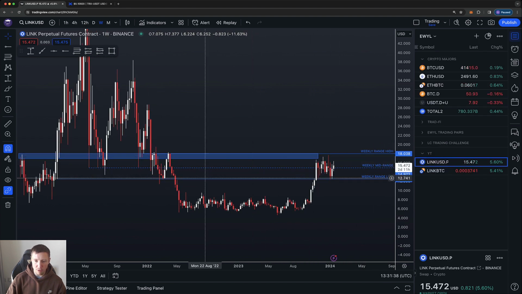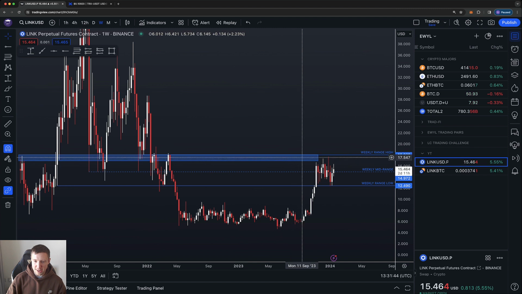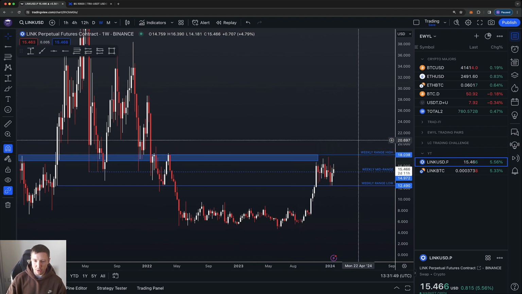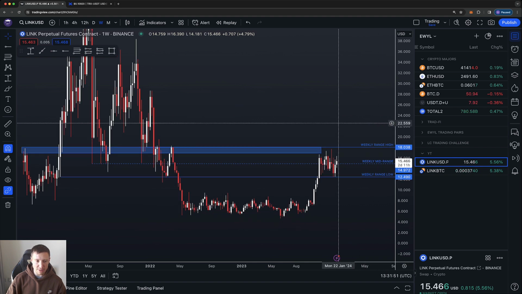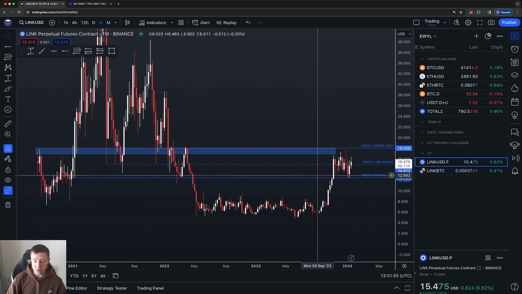My TP1 area before was this previous resistance, which is now support at the weekly range low. This is the TP2, as I said, at the weekly range high. And again, as I've said in previous videos, taking profits along the way, even if it's only a small amount, gives you options. And if you did sell, say, 10% of your bag up here at TP1, or TP2, sorry,